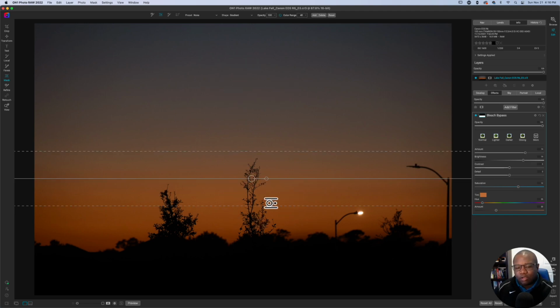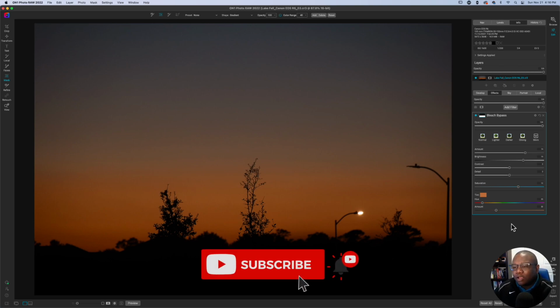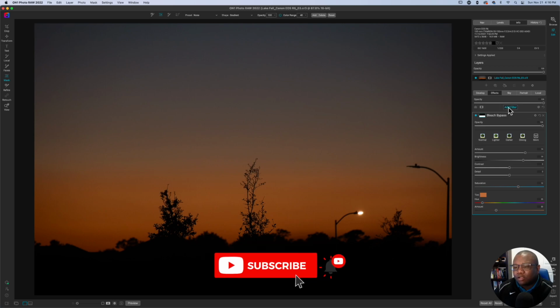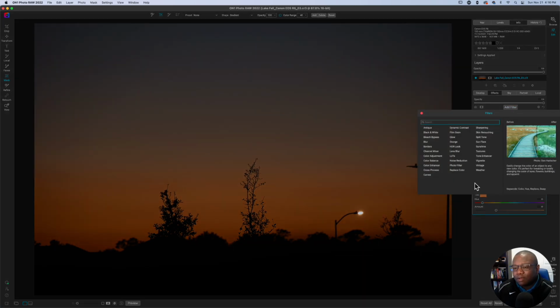It's all down here at the bottom. So now I'm just going to pull this to make it a little bit tighter because I'm okay with a very fast transition and I can always fade it some other way later. Now what I'm going to do is add another filter, and this time I'm going to add